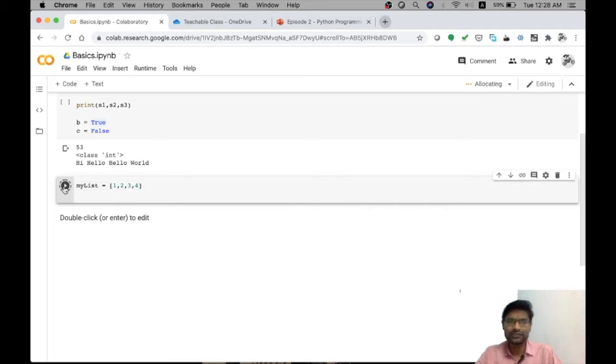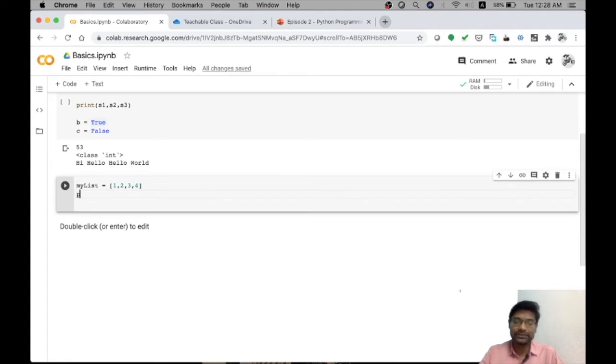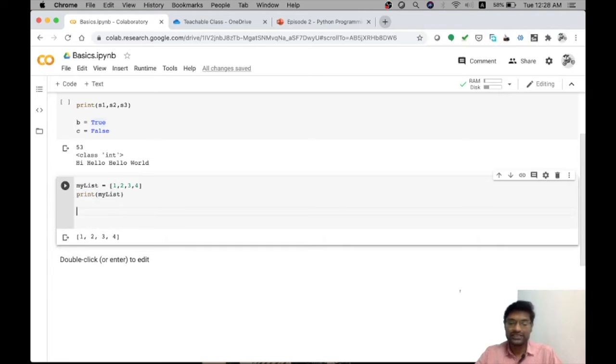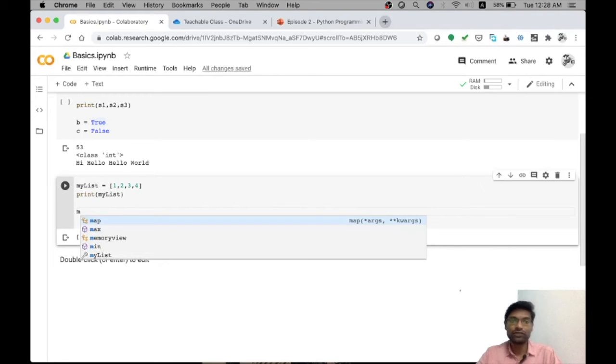To execute it, I'll press this play button, and my list will get created in the first place. Okay, it has got executed, and myList has also got created in the memory. To check the values of the list, I need to execute it within a print statement so that my list gets printed in the output window as well. So now when I execute this, I'm able to see the output in the bottom window. Right. So now we'll try some more things we can do with this list.